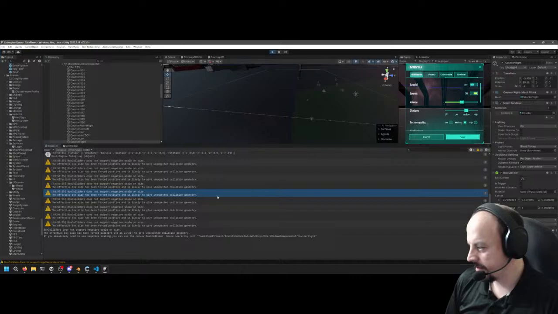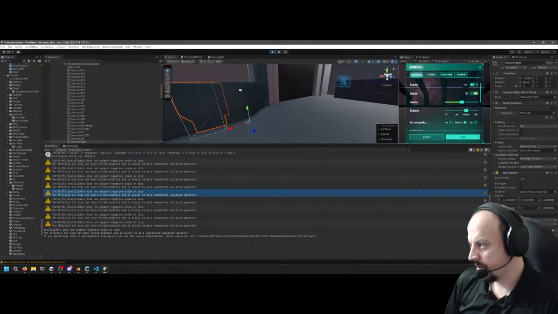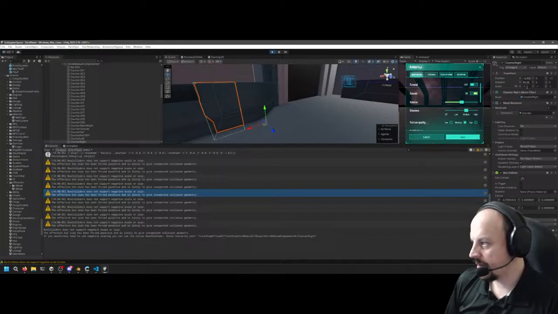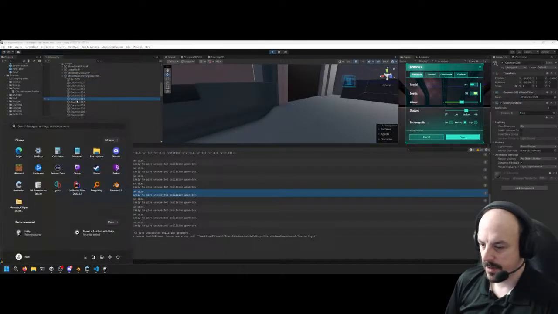It is not negative. Oh, the scale is wrong. Oh, in Blender. Oh, shit, yeah. Okay. Well,